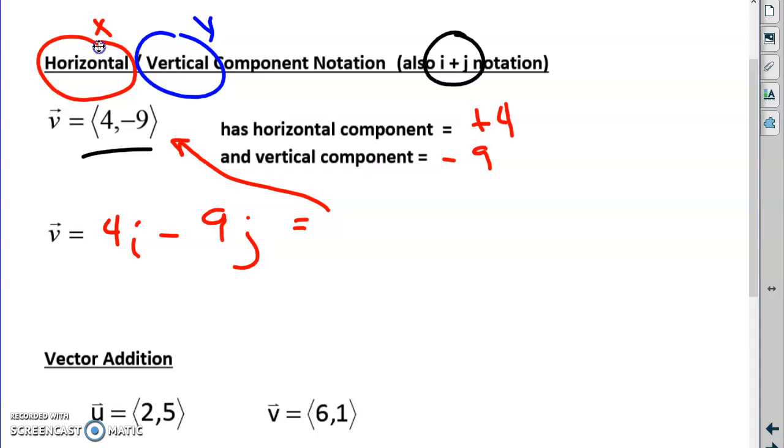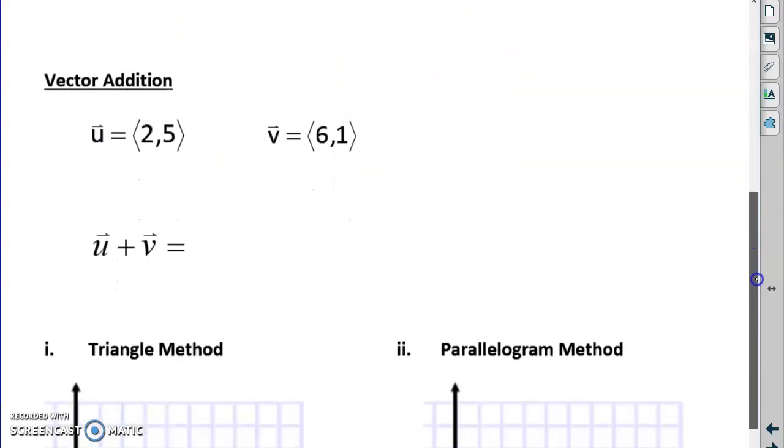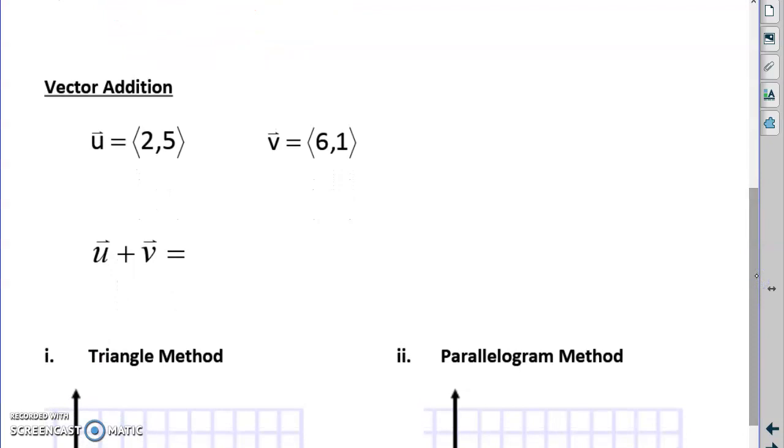All right. Now that we know how to create a vector, how to put it in component form, how to find its magnitude and direction,